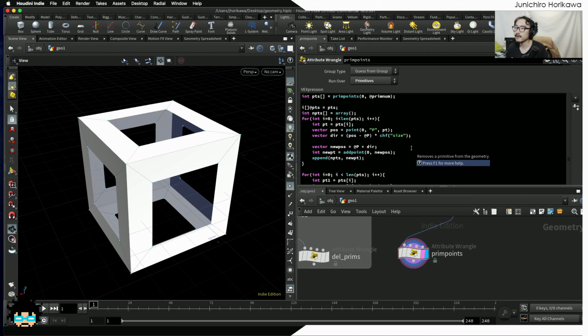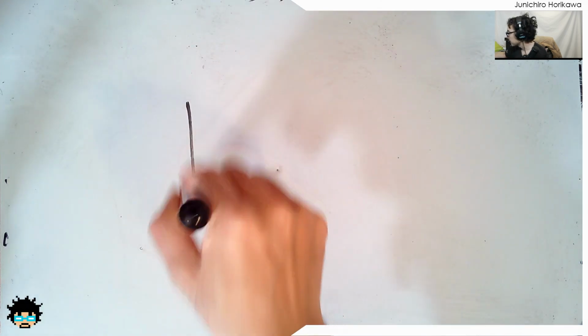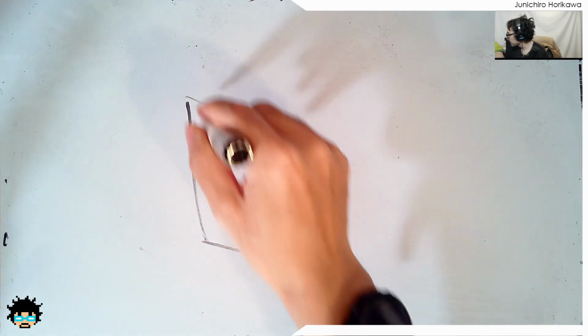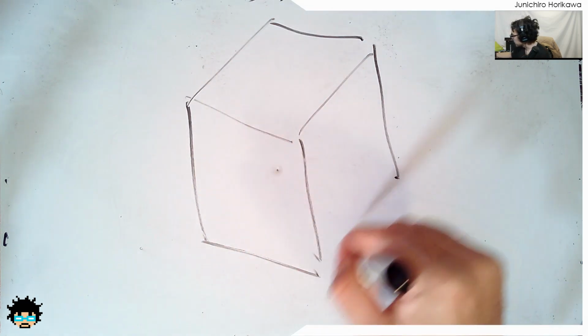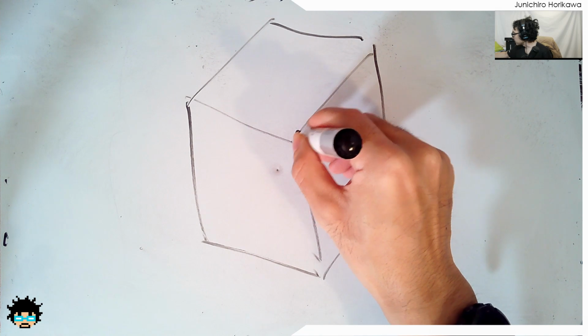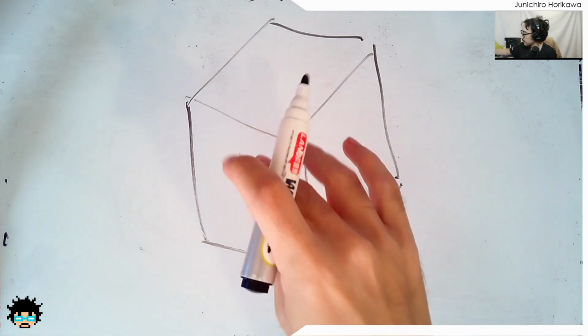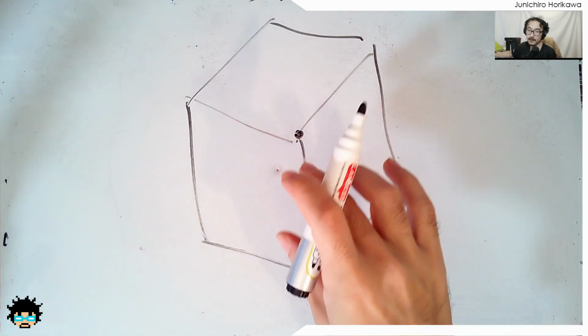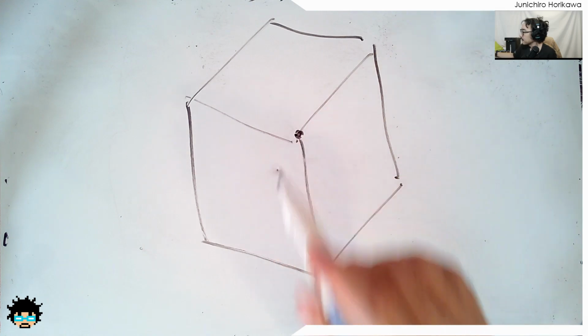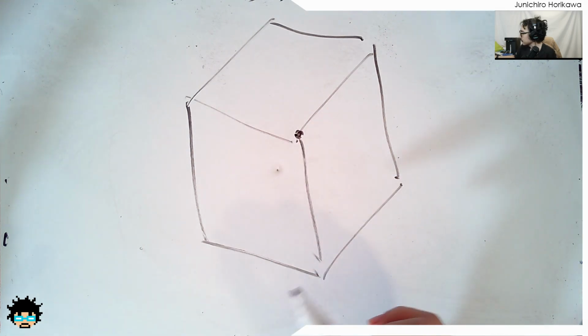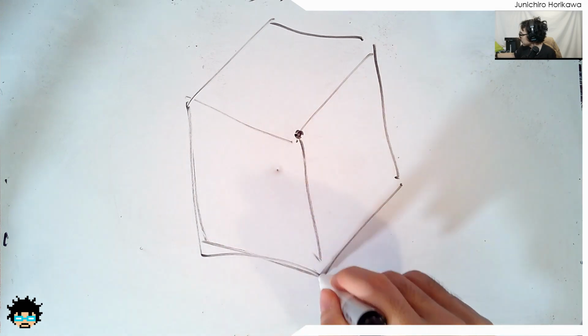Now for the next example, I want to try to go the other way around, to get the primitive information from the points. In the next example, I'm going to retrieve the primitive number from each of the points. In this case, if we look at this point information right here, what we can get is the attached primitive values, which is this face,